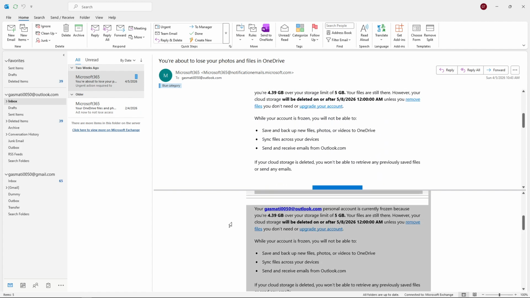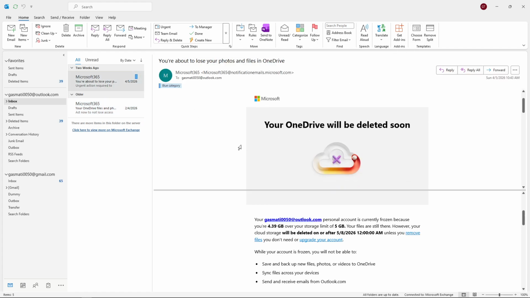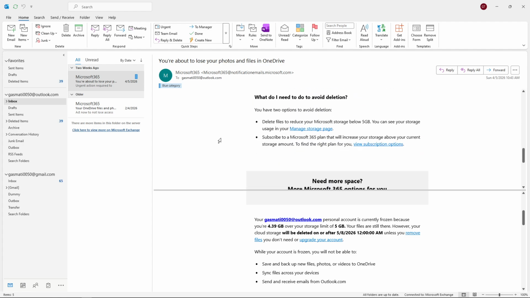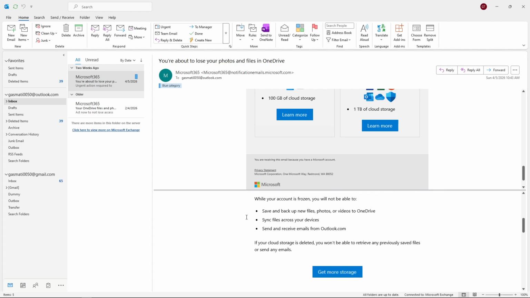These two windows function separately. You can scroll through different parts of your email independently, which is incredibly helpful when working with long messages or comparing information from different sections. And there you have it. You've successfully enabled and used the split window